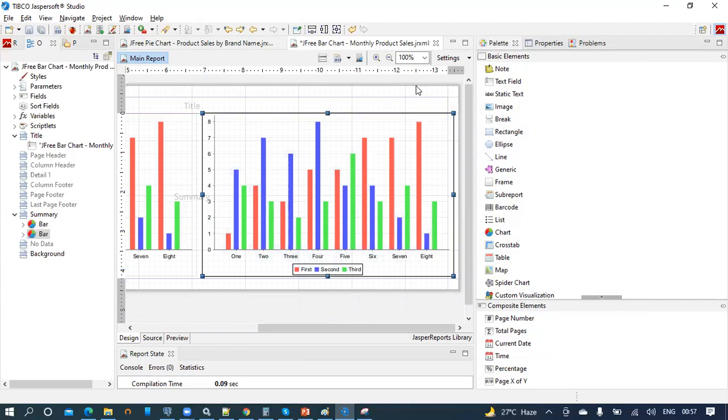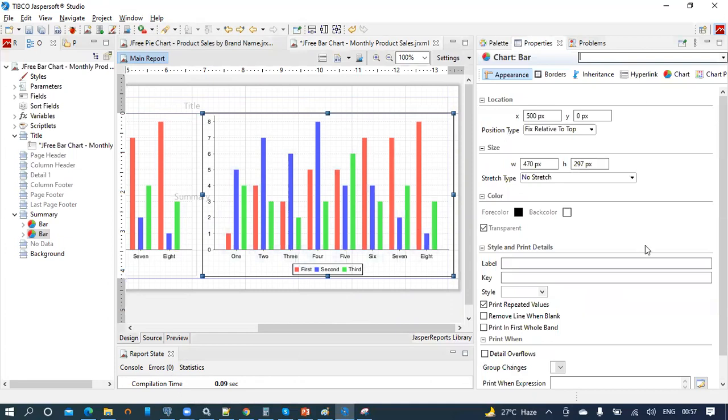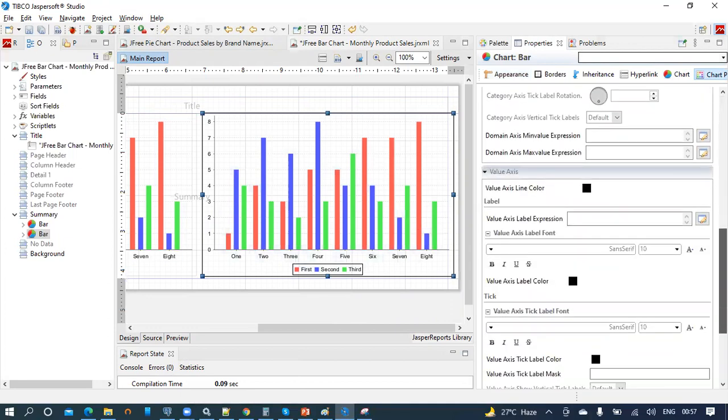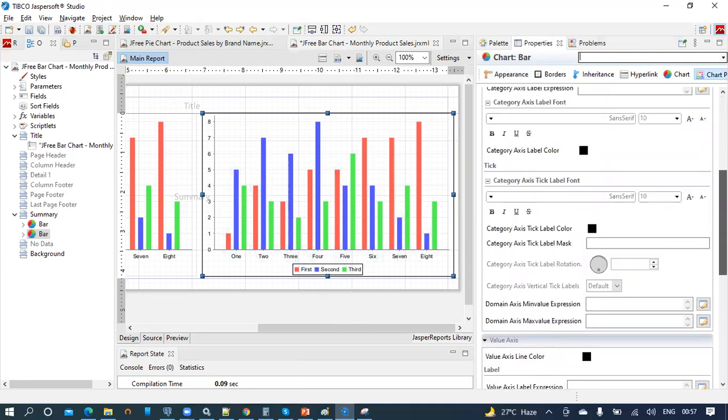So select the chart element, and in the properties switch to the chart plot area, and we can see this particular section has all the properties that we can apply on the category axis.